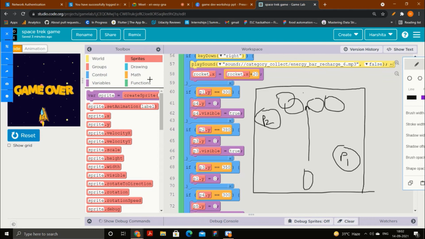So what I need to do is check that there might be one planet that is approximately in the middle of the screen, and I need to change the x-axis of it. Why x-axis? Because whenever you want to change the position of any animation in the right direction or in the left direction, you need to change the x-axis. Why? Because this is my x-axis. It starts from 0 here. I already told you x-axis is horizontal, so I will change the coordinate of x-axis.